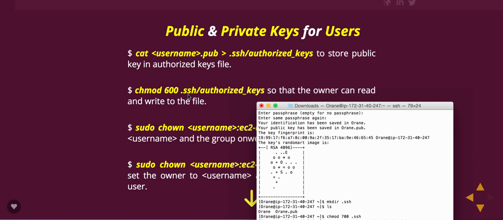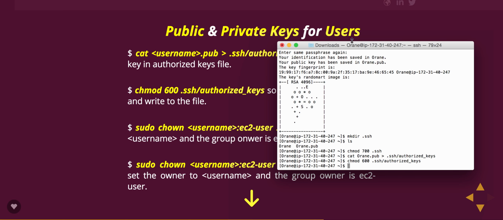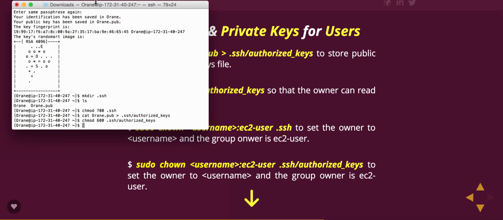And also we want to set the permissions on that folder so that the owner can read and write to that folder as well. So let's just do a chmod 600 .ssh/ okay. Okay, so the next